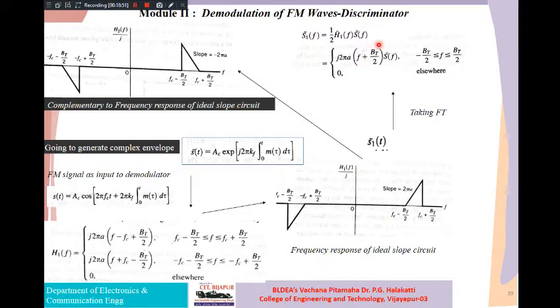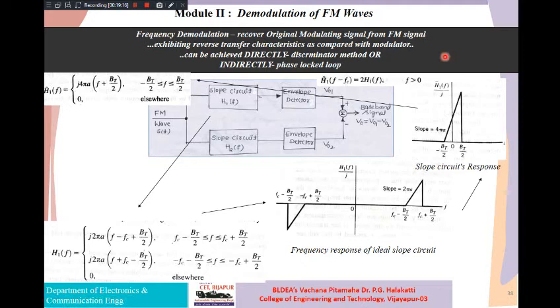Okay. S'(f) is the frequency domain representation of S'(t). They are a Fourier transform pair, S'(t) and S'(f). Similarly, H1'(t) and H1'(f) are Fourier transform pairs, and it is characterized like this, S1'(f), as you have seen here.